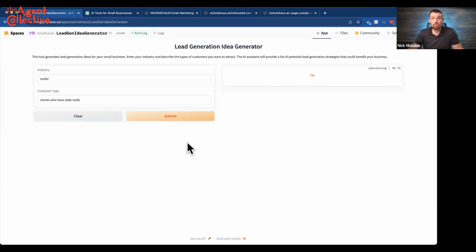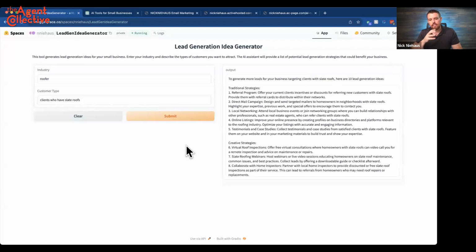Now you can use that, right? What's nice about Hugging Face is if you build something on here, it is public and other people can use it. They can come on and experiment with it. That's kind of the point of this platform. The way I'm using it is a little bit different. So it's not quite in alignment with what it's intended for, but that's okay. I mean, they haven't said that I'm doing anything inappropriate.